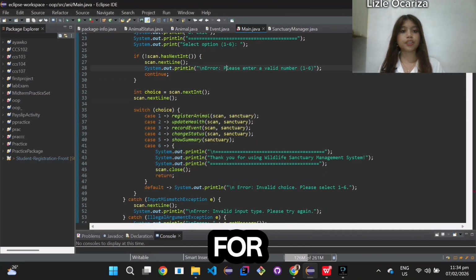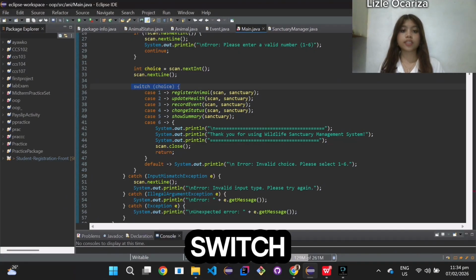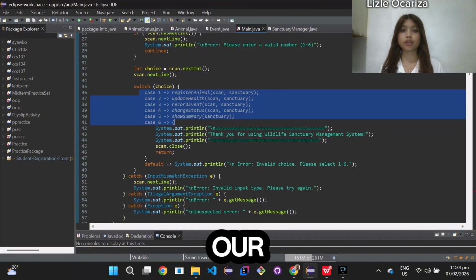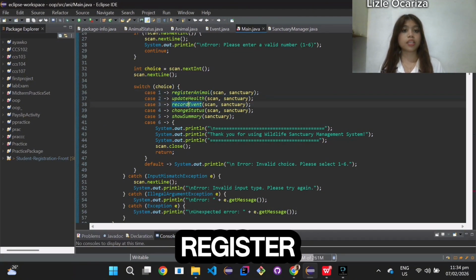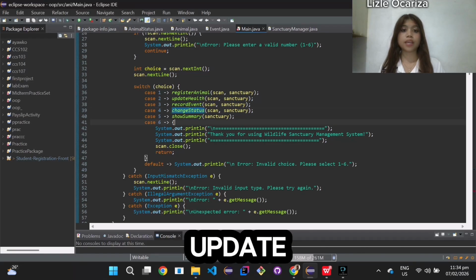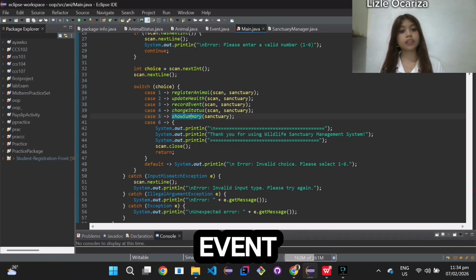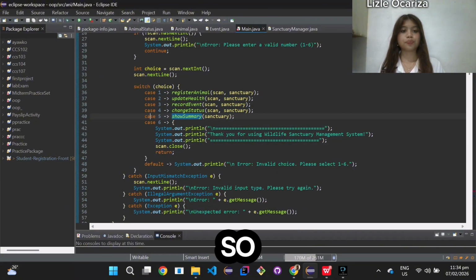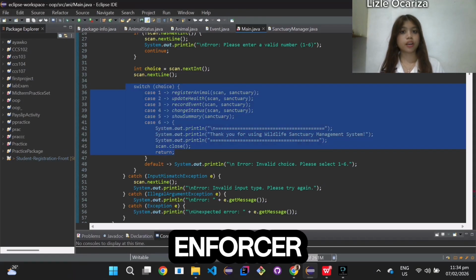And now for the switch statement. As you can see, we use a switch for our choices. Case 1 until 6: register animal, update health, record event, change status, show summary, etc. So this switch is basically a traffic enforcer.